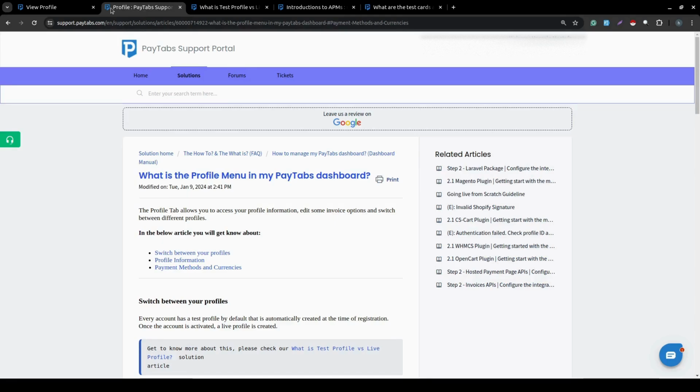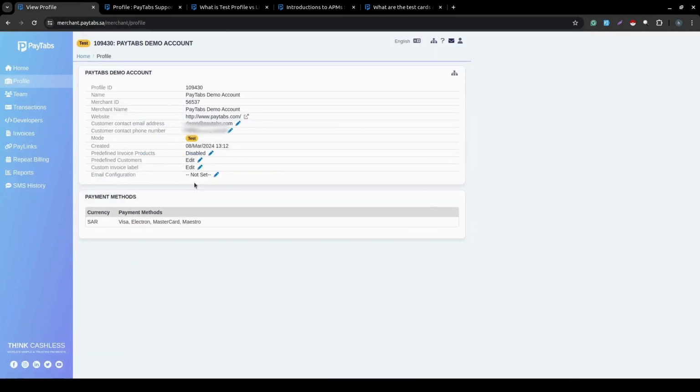Now, once you have learned about the payment method section, this is all the details that you have inside your PayTabs profile page. But you need to learn another thing, that for each profile you'll have different details, different API keys inside the developer section. This will be clarified inside the developers video. A different profile ID. So once you integrate through a test profile, all you need to do to migrate to your live profile